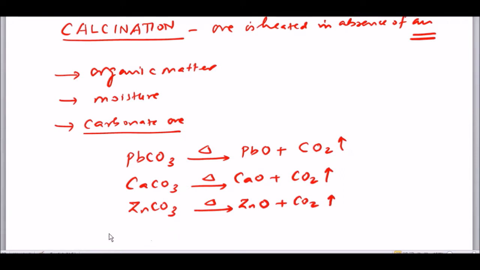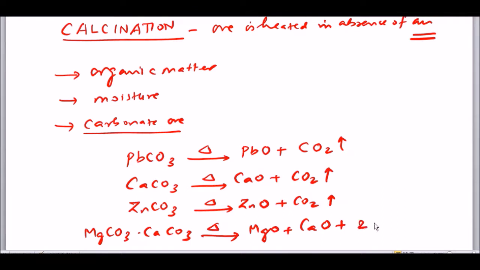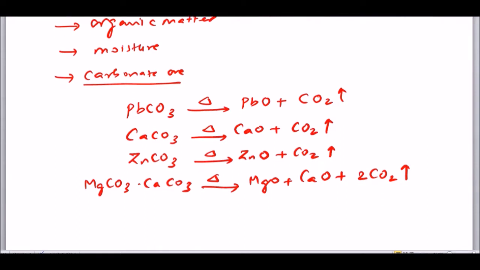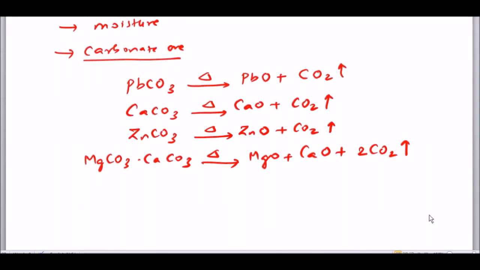Just see, all these carbonates are becoming oxides. The dolomite, magnesium carbonate, calcium carbonate combination, on calcination becomes magnesium oxide and calcium oxide. Along with that, 2 times carbon dioxide is formed. In this particular case, apart from the carbon dioxide, water is also expelled when the ores have some hydrate. You see, these are the hydrated form of ore,